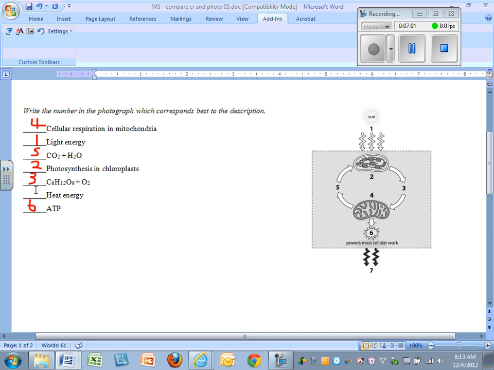That's why you sweat. That's why you get hot when you exercise, because ATP is being broken down or made, and heat energy is given off. That's what makes your body temperature rise. So that's number seven. So this is sort of an order of operations from a very